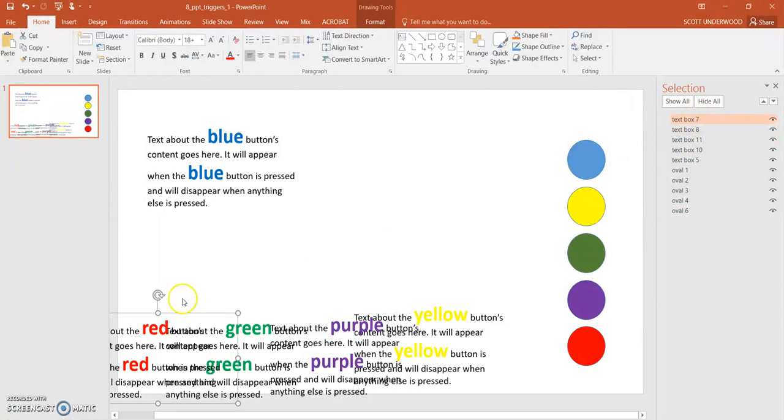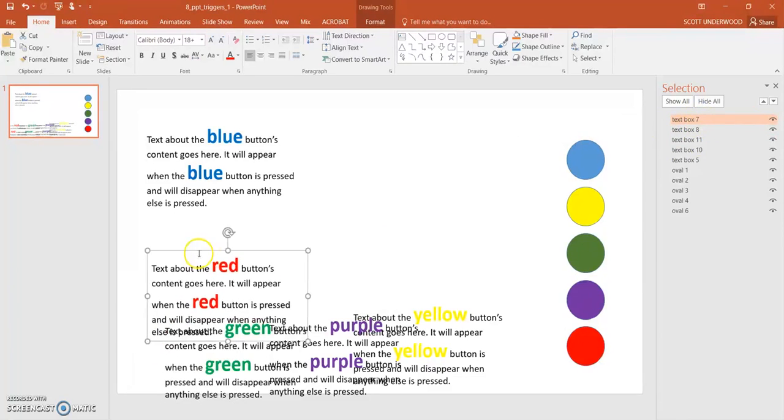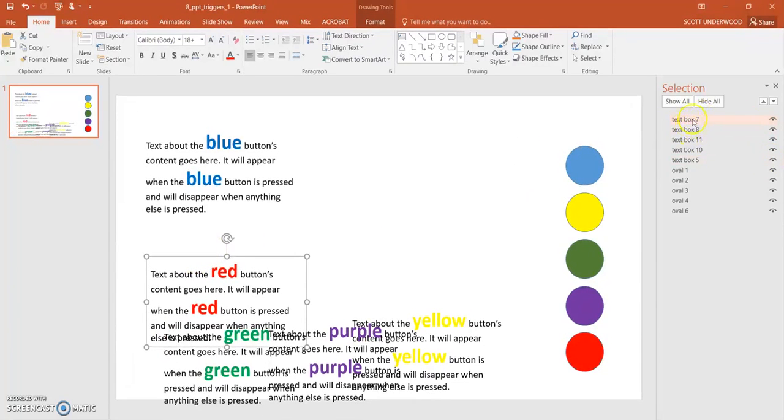So what you need to do is, again, take a minute and rename whatever the boxes are over here. So this one, if I look, text box 7 is actually highlighting the red text box. So I'm going to be as specific as possible without making the name too long. I'm just going to call it red text. Okay, it fits and it makes sense. Again, text box 8, if I look, it's on the purple text box. So again, I'm just going to do purple text, and we're just going to continue throughout all of your items